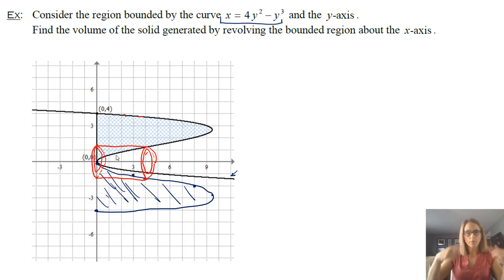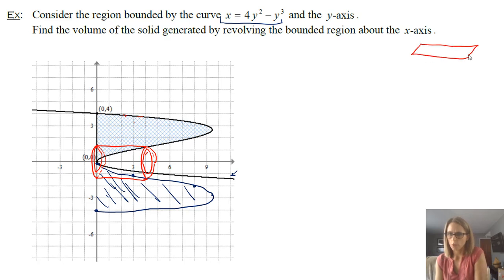So we want to find the volume of one of those shells, like that thing, and then the integration is what's going to give you all the rest of them. So if you think about this shell, we can draw an example of the shell, kind of a thick slab here, but it's the idea.